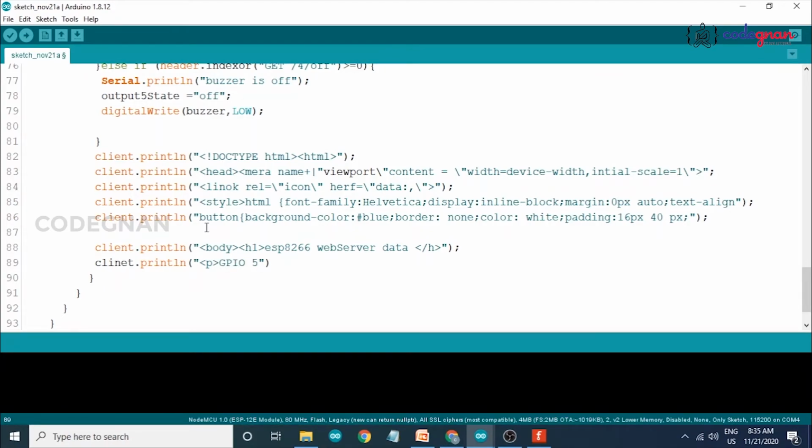I'm taking the 5th pin, so the GPIO state plus output state, output fifth state. You are taking the name as fifth state.